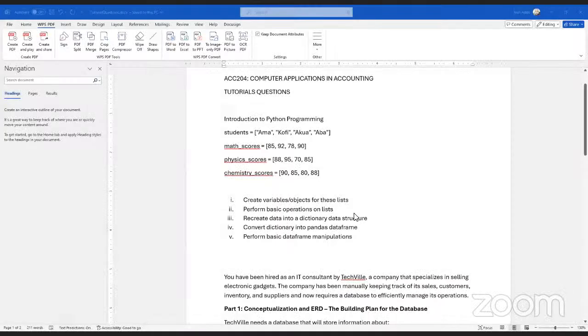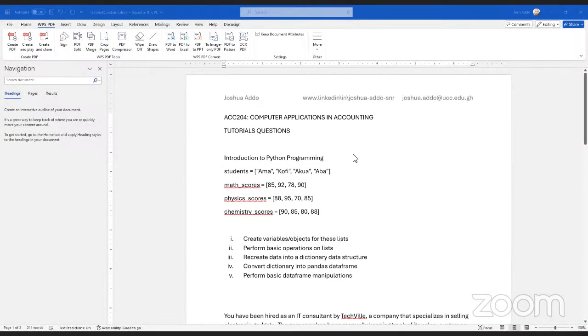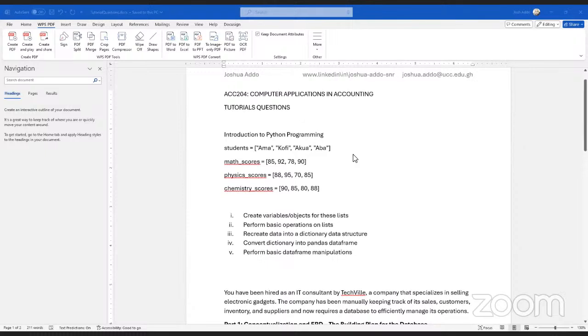Okay, so I'm going to share my screen straight away so that we can look at the questions. So basically, we have to look at two things.